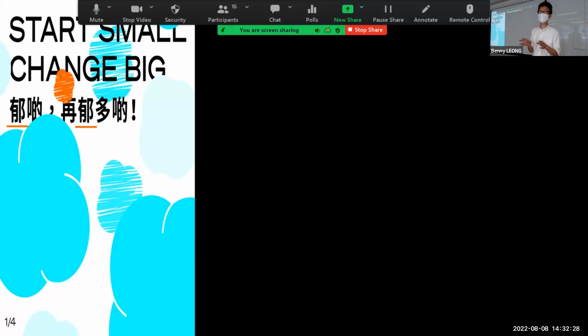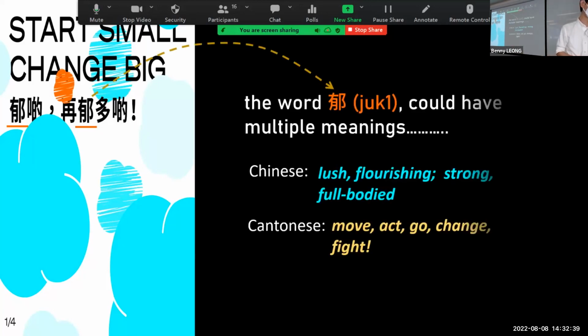And you see some funny Cantonese, okay? So-called the yok di, jo yok do di. Before I start, we would like to explain what is the yok. The word yok itself, if you check in a proper Chinese dictionary, you probably see the meaning represents flourishing, lush, something which is great, prosperity.